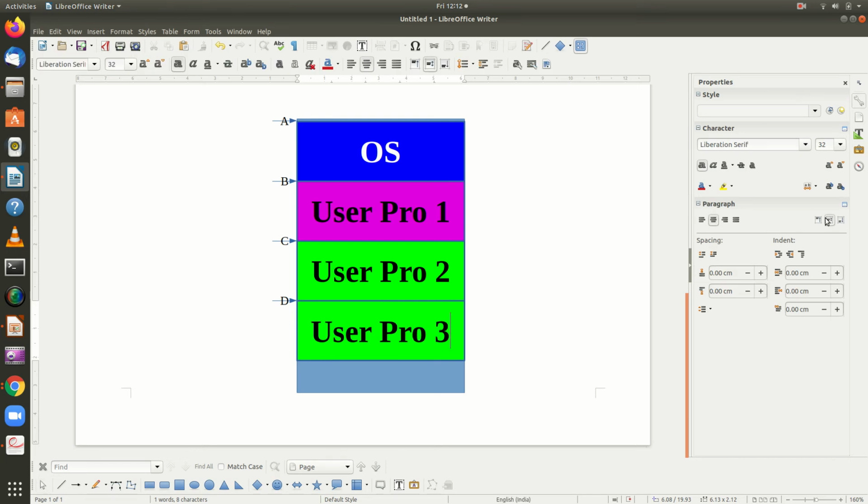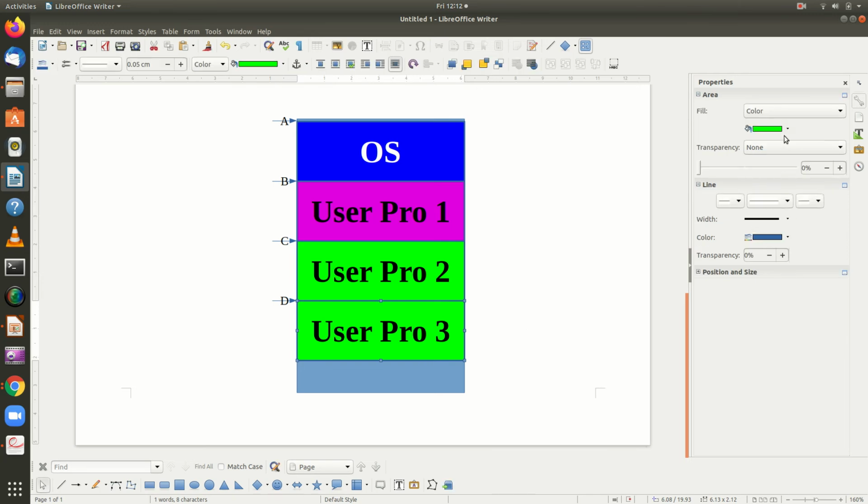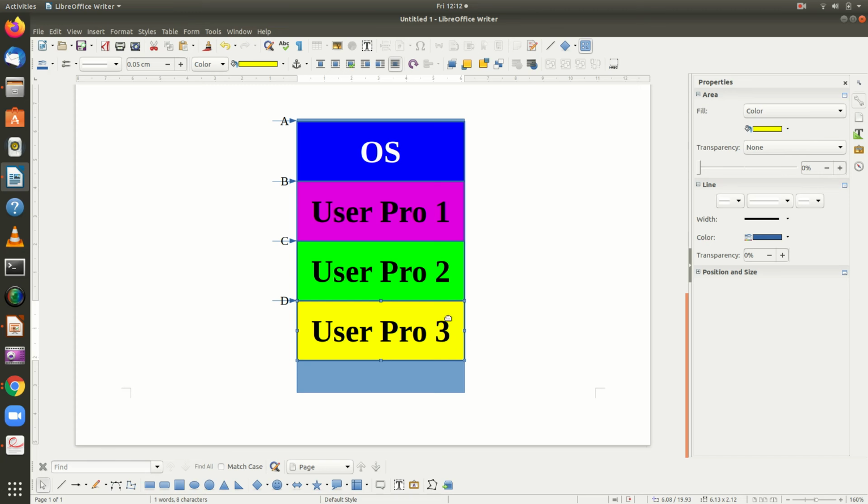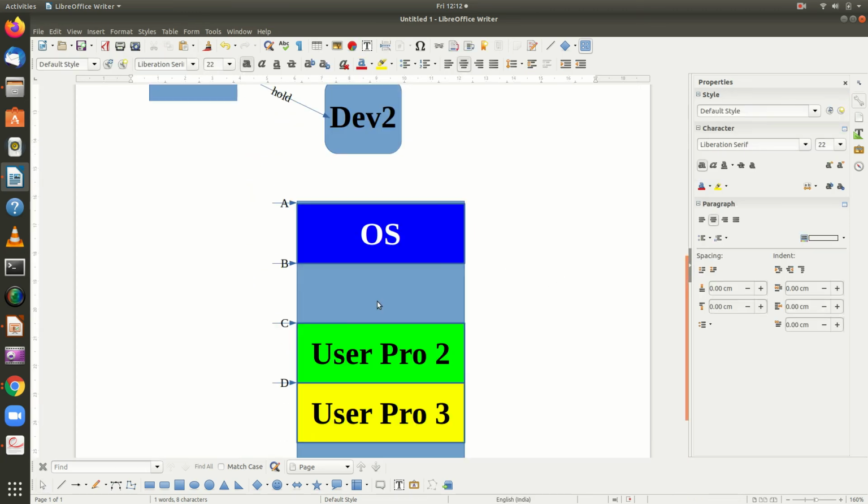So it has to allocate this particular space. By the time user process 1 has terminated, it will be deleted from the primary memory. This area becomes a free area in the primary memory.